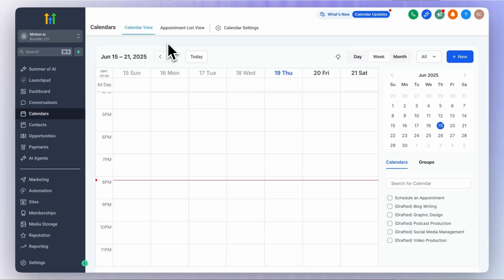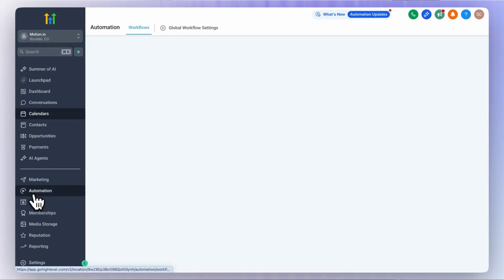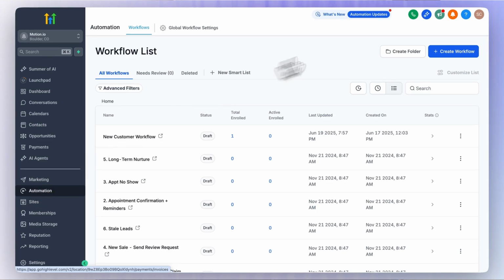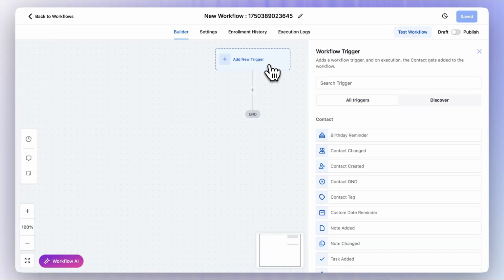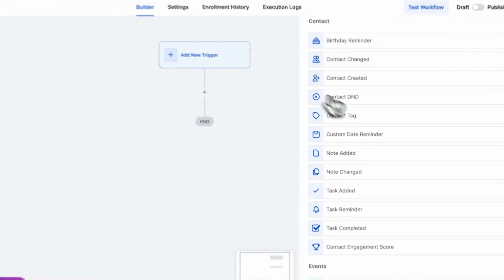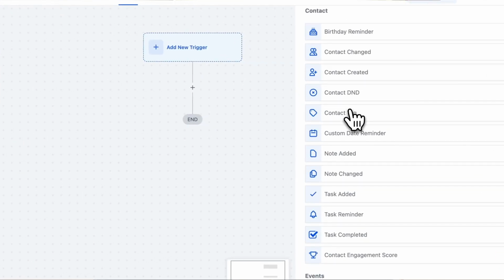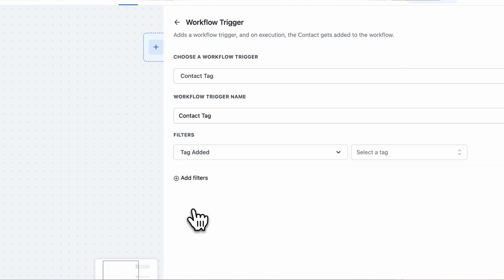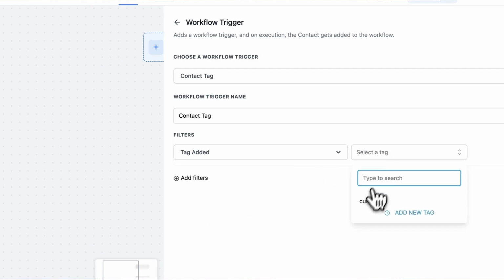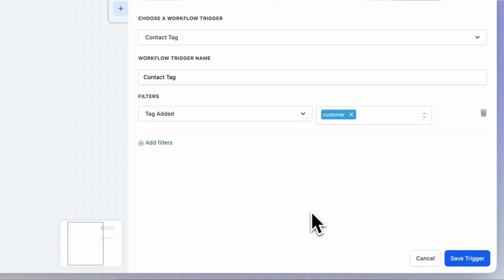Leaving Zapier open, jump into your GoHighLevel account in a separate tab. In your GoHighLevel account sidebar, click Automations and then create a new workflow. The trigger you set in this GoHighLevel workflow will determine when your Zapier workflow and ultimately the project creation in Motion.io will run. There are several triggers you can use here, but the one I recommend is the contact tag trigger. And the reason I recommend using this is because if you're like one of the many other GoHighLevel users I've helped set up this workflow for, it's highly likely that you already have a tag such as customer that's applied